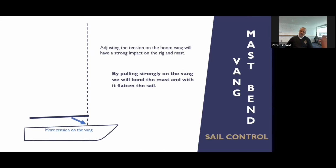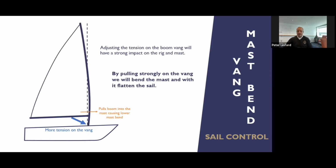If we pull really hard on the boom vang, we're going to end up bending our mast. And that doesn't sound like a very good thing, but on modern boats, masts are designed to bend, and it helps us control the shape of the sail. So on the boom, we had the outhaul stretching the sail to the end of the boom. Now we're using the boom vang to pull the boom down, which puts tension on the leech